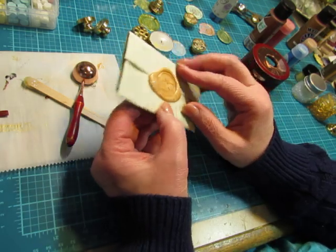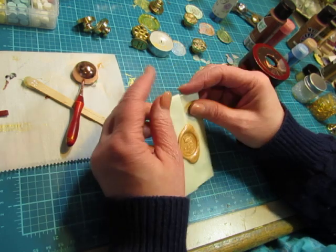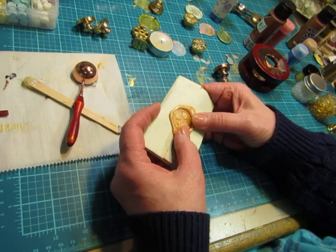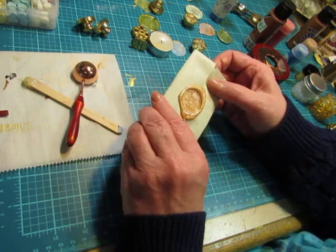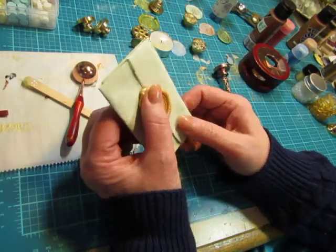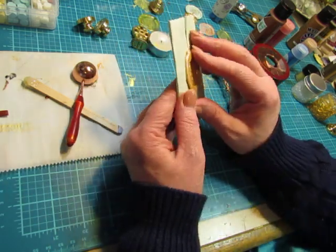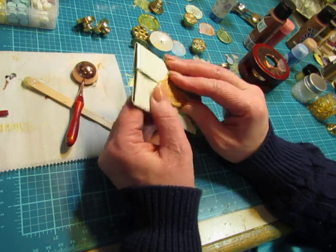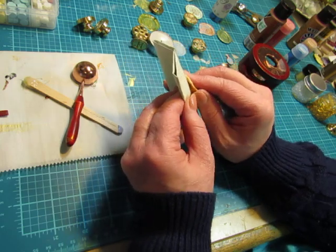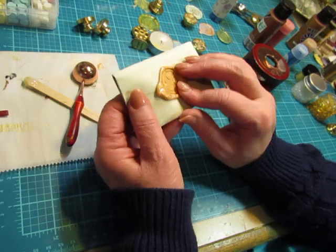I just want to see if I could open this without breaking it. Yeah, it's still not hard yet, so it's kind of hard to see. But it would be fun to, like, if you put a note in your husband's lunchbox, wouldn't that be fun? Or a letter to someone. I guess you can mail these, but...